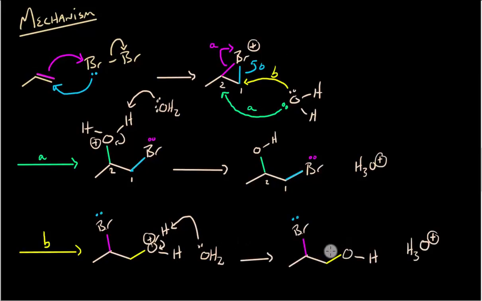And so now we can see how in this scenario, in the B scenario, the B mechanism, we can get that hydroxy on carbon 1 instead of carbon 2. Okay? So this is the mechanism as to how we actually get the two products, how we get the two major products. But we still haven't explained why we get one as a major and one as a minor. But this is the first step, just kind of understanding how we could potentially get either one of these products. So in the next video, we'll talk a little bit about why we actually get one as a major